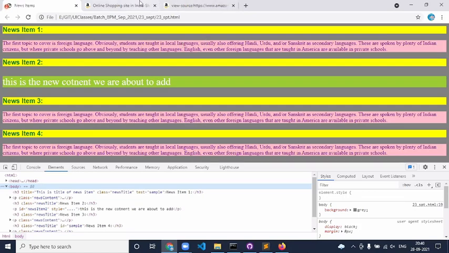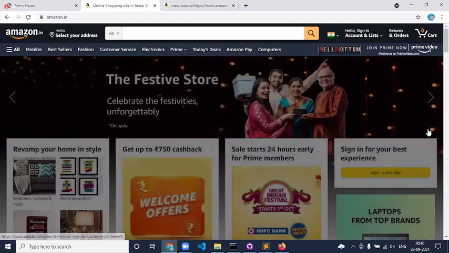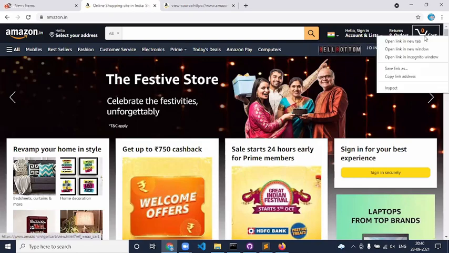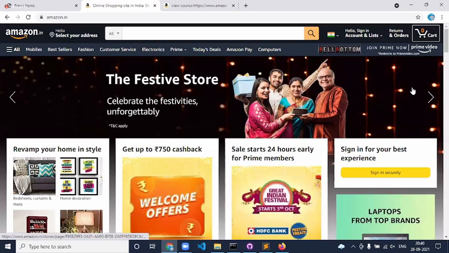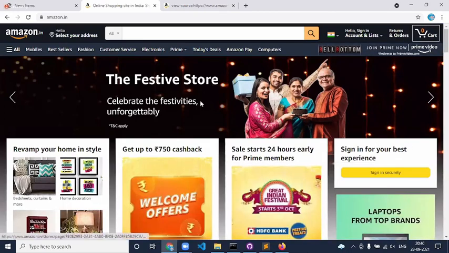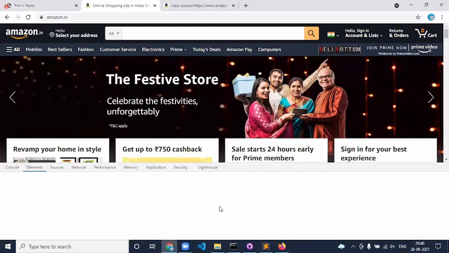Like there is an Amazon page. As I said, say for example, we are the developers. We know that 3,000 lines of code have been added. Now, if I ask you guys, can you please change the color of this card? See here, I'm simply right clicking on it, inspecting this guy. If you right click on the element and inspect, it will automatically open the debugger window with the corresponding element highlighted. If that is not an option, you simply right mouse click on it, inspect, it is coming.